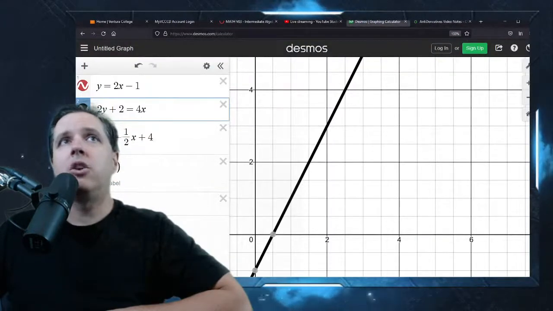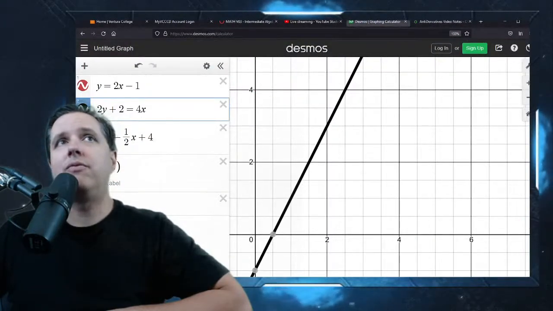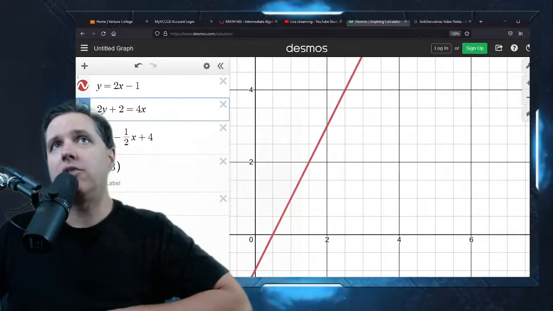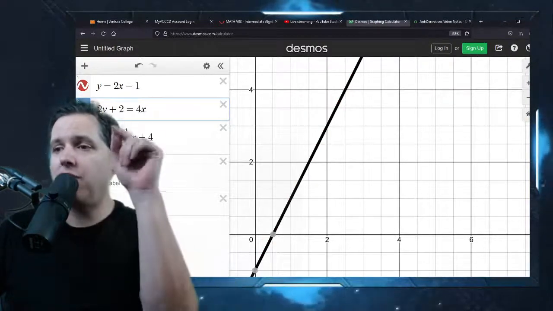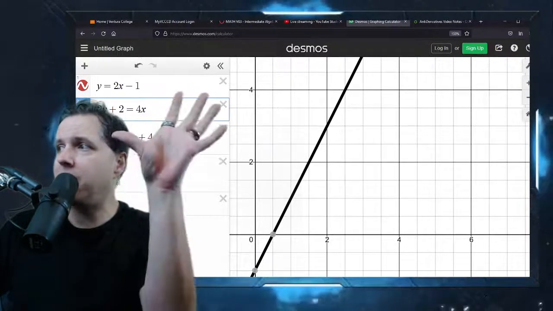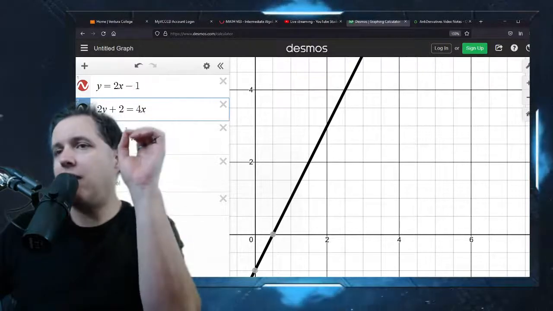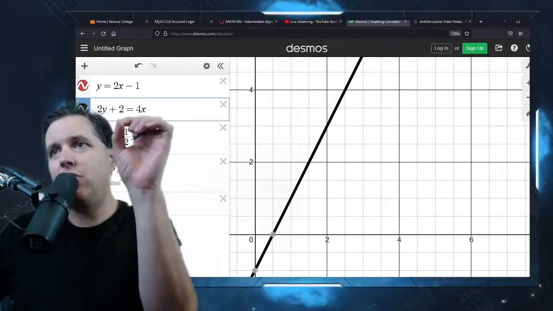Okay, and that's this case where they fall on top of each other, like this, where the lines are right on top of each other. So this is the third of the images that you want to have memorized for next week, and probably the week after that, when we're working on solving systems of equations.